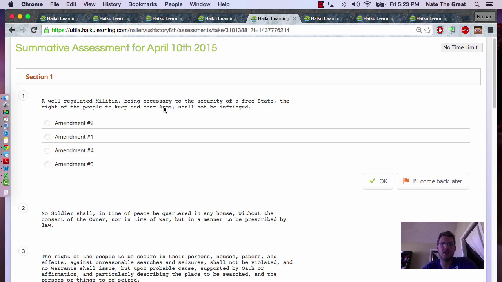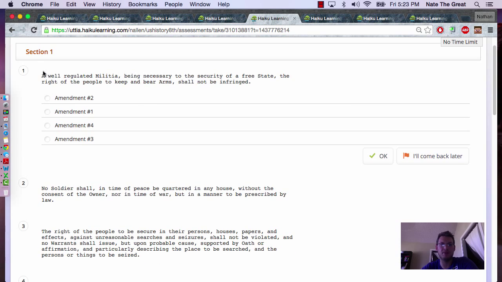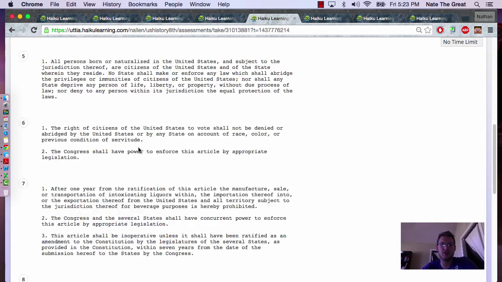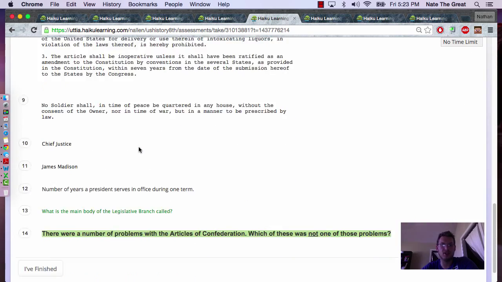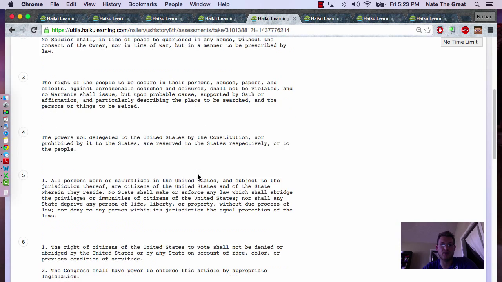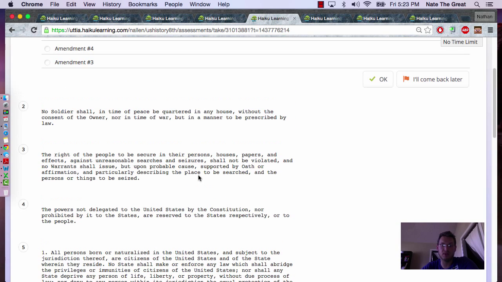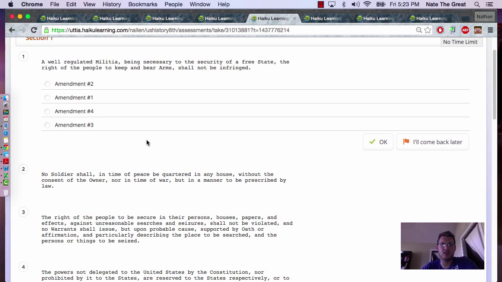Again, here we have very specific amendments, a well-regulated militia being necessary to the security of a free state, and so on. And these are all different amendments to the Constitution. The students had to work on, understand, and pretty much memorize the amendments, knowing which is which. Once they achieved that, they were able to take that on to the next level and work on assignments that